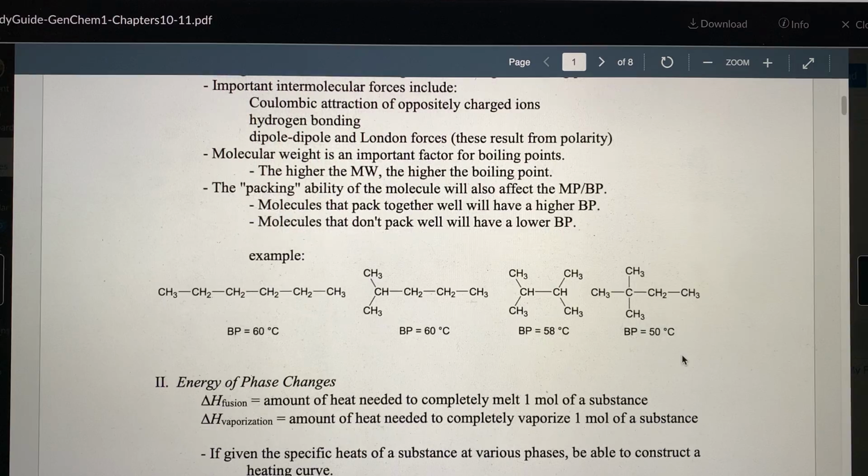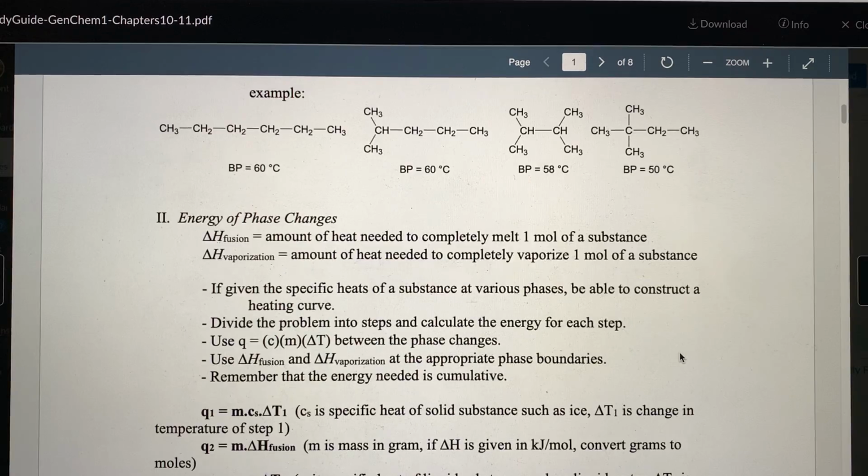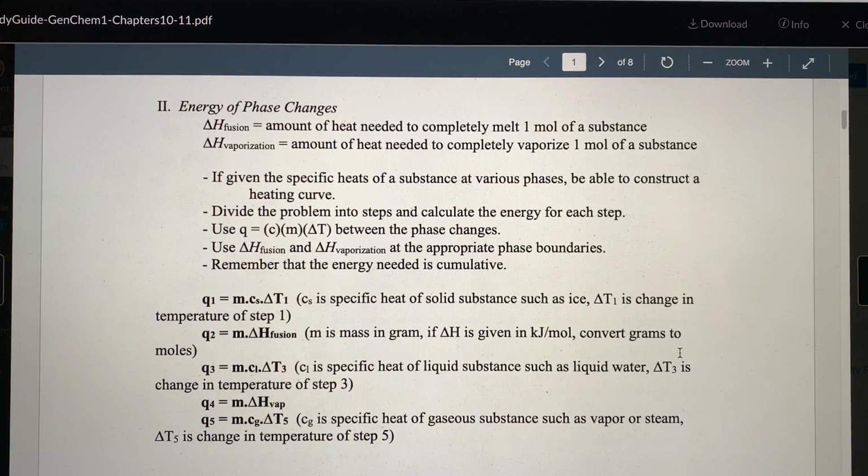Okay, so that's the key concept there. Now the next topic is energy of phase changes. First, let's define the two important parameters here. The first one is the delta H of fusion. That is called enthalpy of fusion, and that's the amount of heat needed to completely melt 1 mole of a